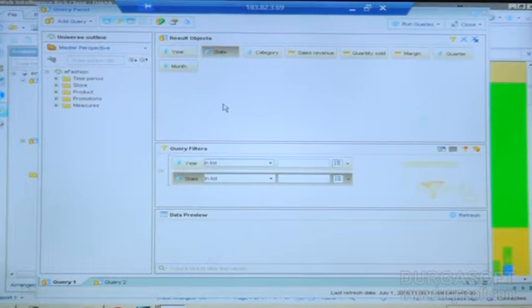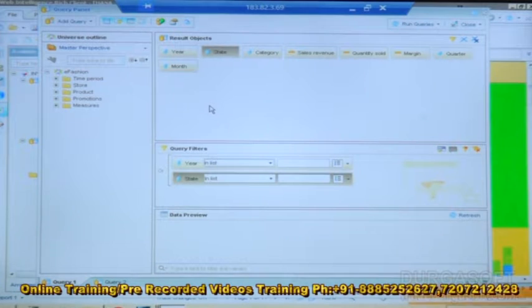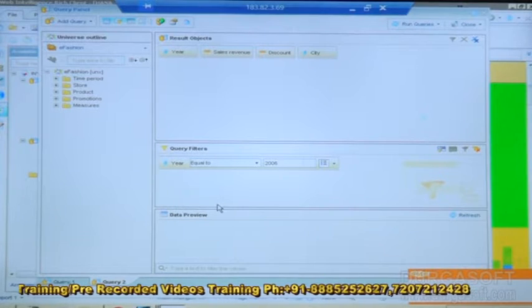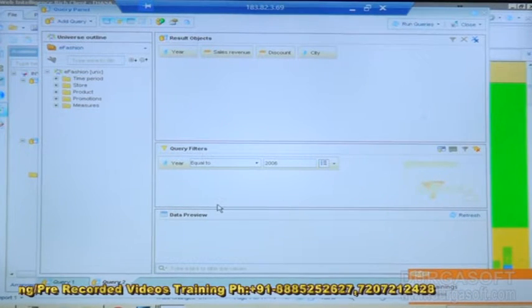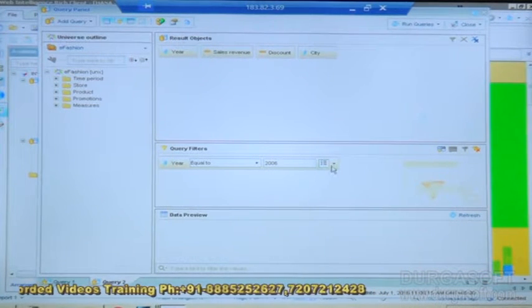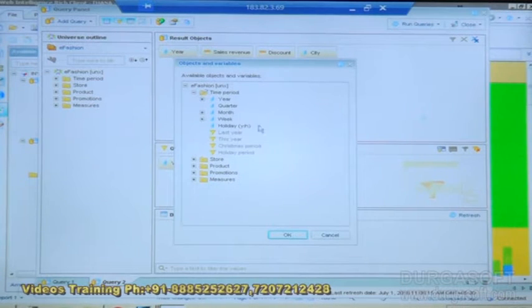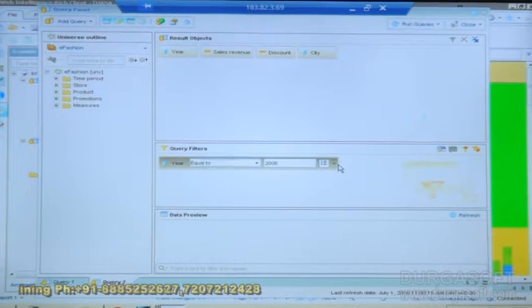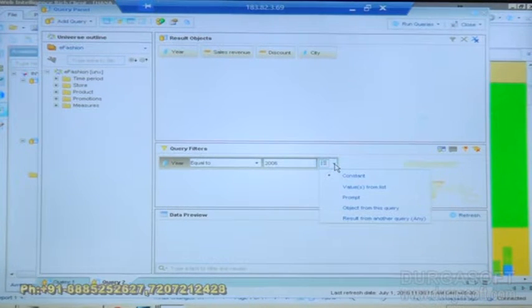If we don't need any query filter, we can apply the query filter on an individual query, like query 1, query 2. If you want to apply it to query 2, we can also do that, but the same filter we can't use for query 2. If you want to use the same filtering option here, you can get the update from another query. So we can get this option from another query, you can get the query options. This is how we can get the activities of these different values. You can use both options. If you want to use the same value, you can also use the same values for prompting. Whenever you do prompting, if you enter some value, the same value will be applicable in those scenarios.